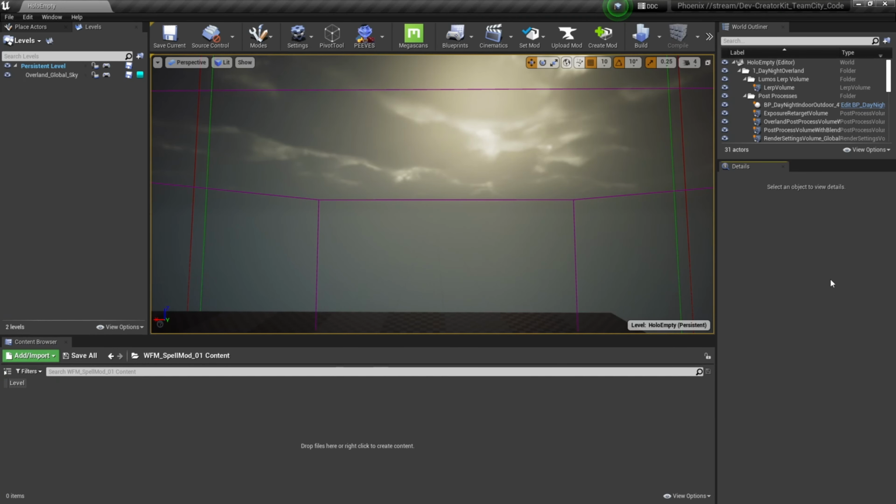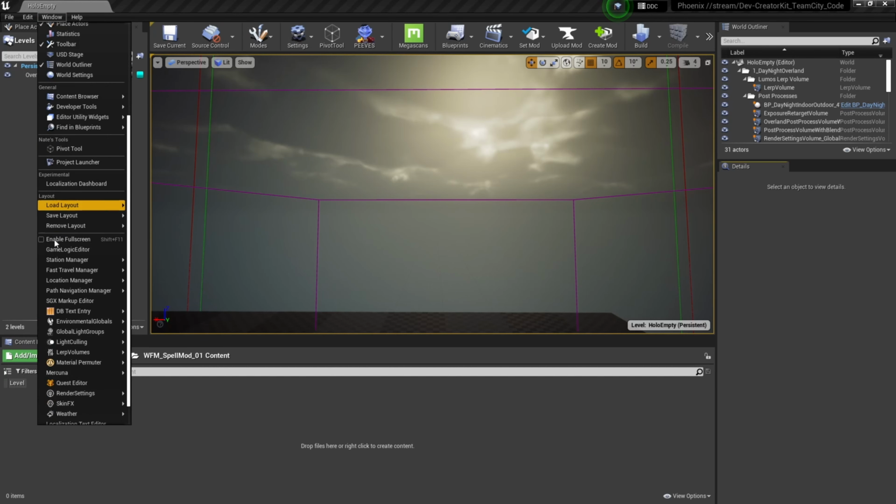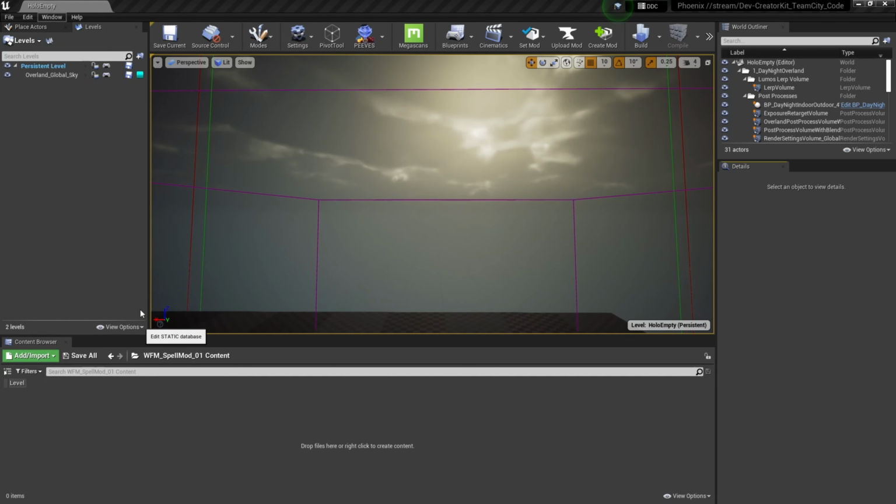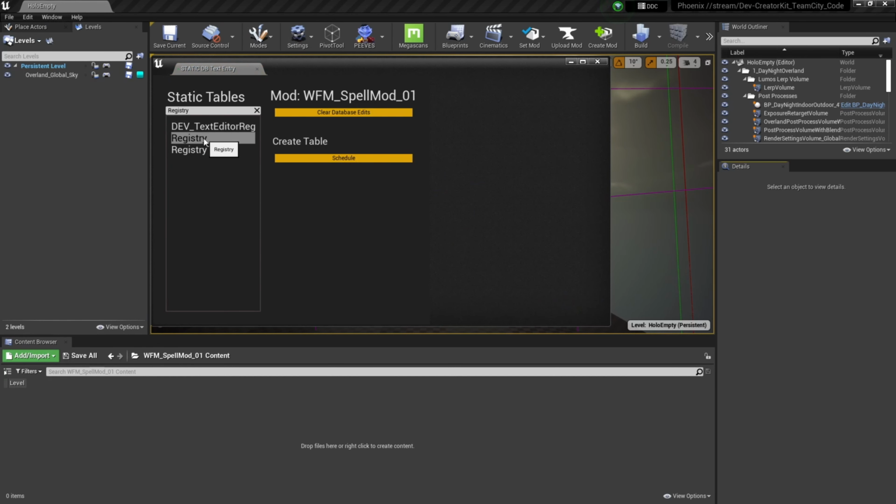The first step in creating our spell mod is going to be to add our spell to the registry entry. We'll do this by checking the Registry DB static table. So we'll make sure our correct mod is selected. Then we'll go to the Registry DB static text entry table. So we'll select Window, scroll down to DB text entry, select Static, type in registry, and then click this registry